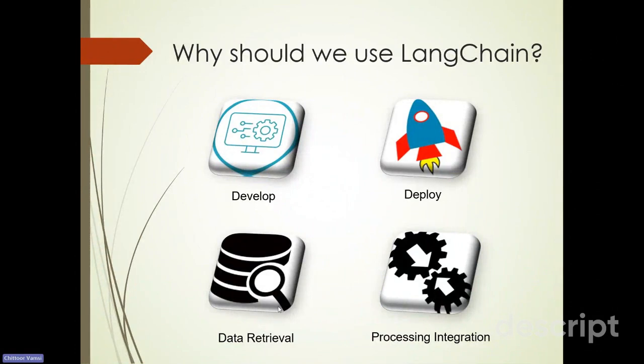As I said, there are different processes between components of the LLM application. LLMs are one component, vector databases are one component. There are chains, and there could be external API keys or services helping fetch data from backend to front end, for developing and deploying data retrieval from vector databases, SQL databases, and MongoDB. Mostly you work with vector databases and processing integration. So LangChain helps you do them with ease instead of from scratch by yourself.